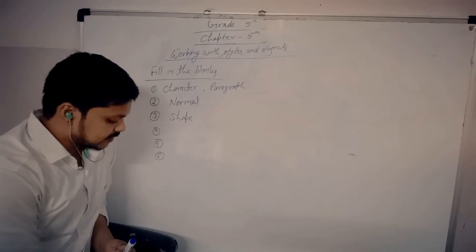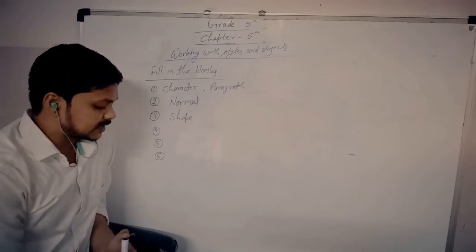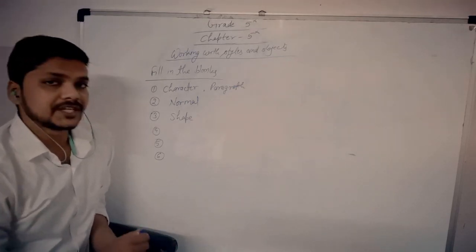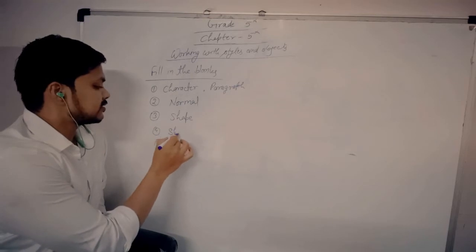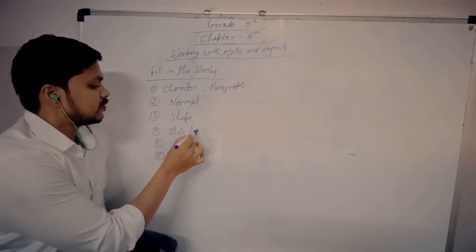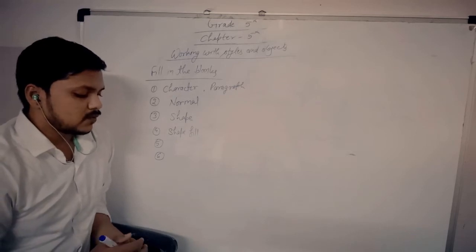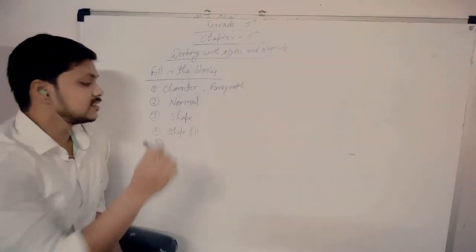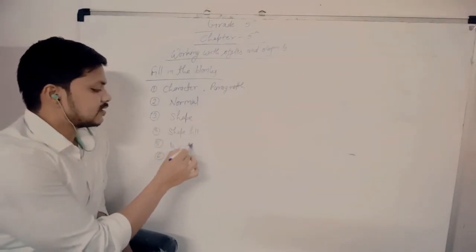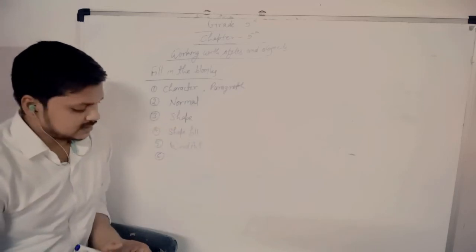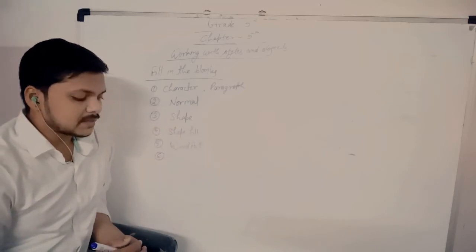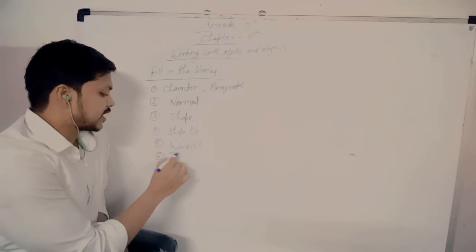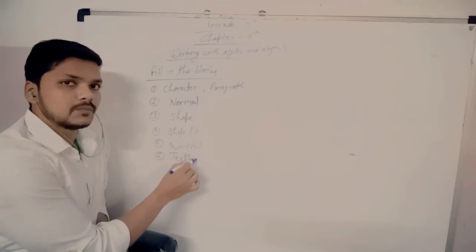At page number 54 we are coming to the fourth: which tool is used for coloring a drawing object? For this, the shape fill tool is used. So write in fourth, shape fill. Fifth is, what feature allows you to create special text effects? That is word art. So right here, word art. And last is, what is the placeholder where text can be entered? That is text box. So right here, text box.